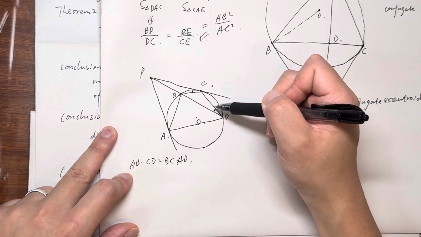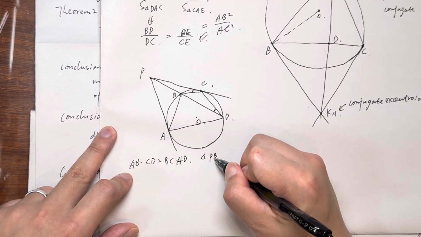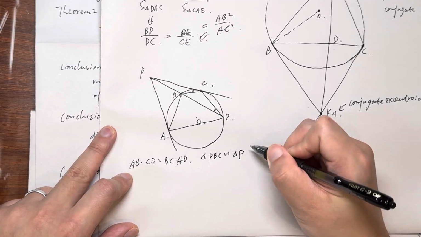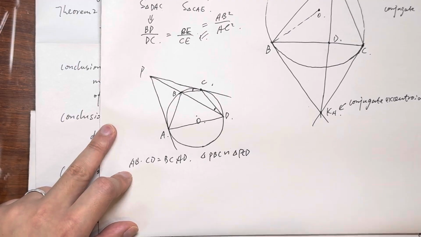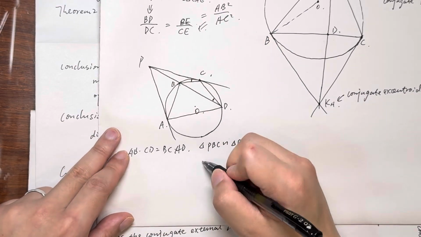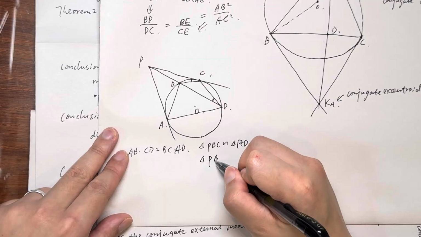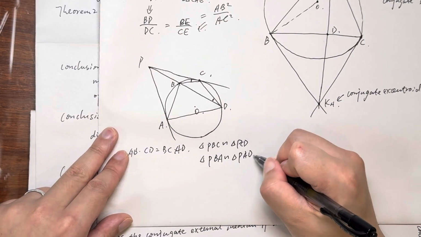This angle equals this one. And we know this is a common angle, so we know that triangle PBC is similar to triangle PCD, right? Similarly, triangle PBA is similar to triangle PAD,